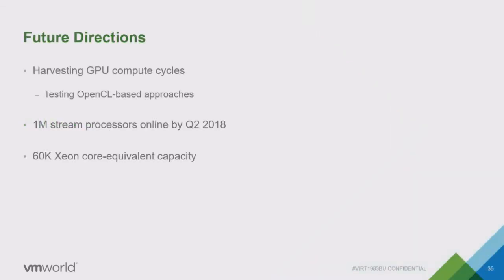We are beginning to harvest our GPU cycles because across that estate, we already have 660,000 AMD GPU stream processors in the money we talked about. By this time next year, we'll have over 1 million stream processors. From our calculation, and AMD may tell me these are not good numbers, using OpenCL code, one stream processor seems to be the equivalent of about 1/16 of a Xeon core, at least our current Xeon cores. So 1 million stream processors is about the equivalent of